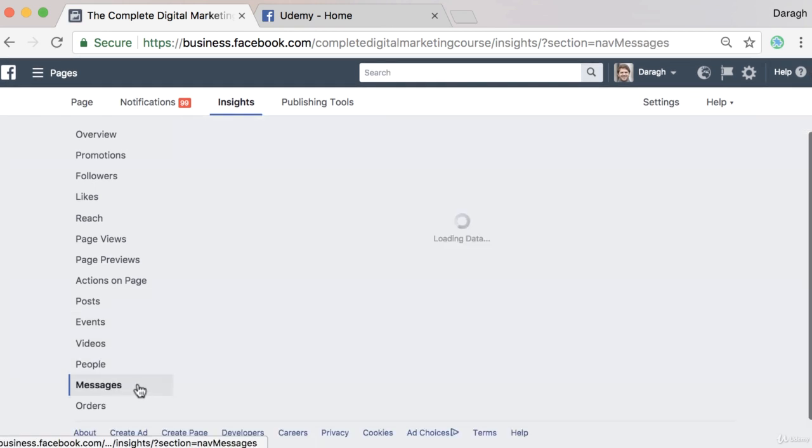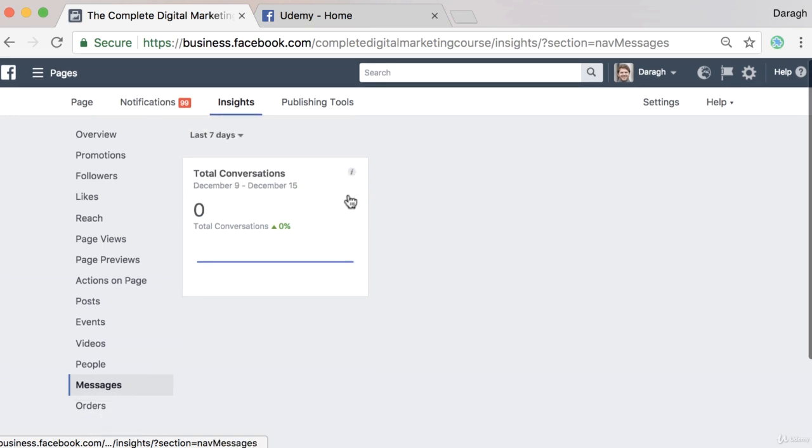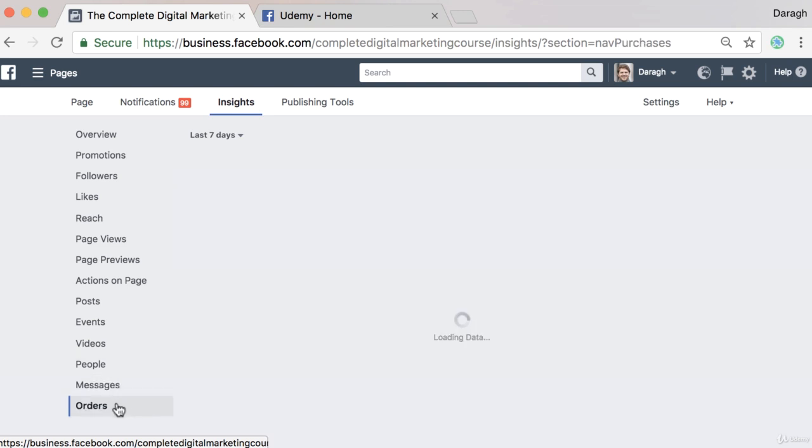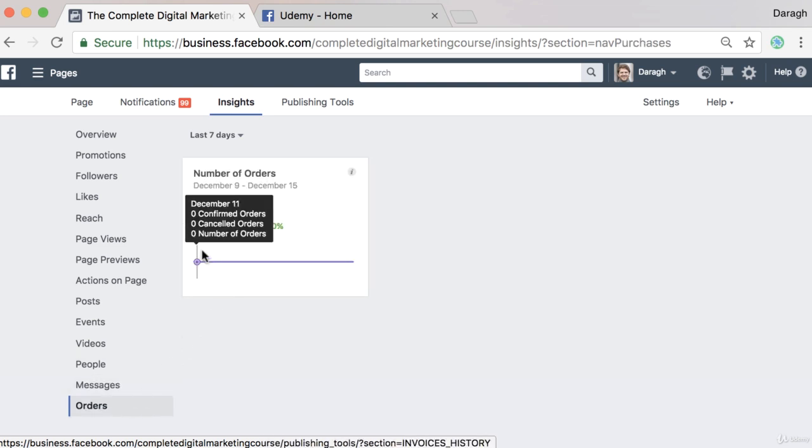Now below that we have messages. If you've enabled messages on your Facebook page, you're going to see the total conversations here. I've disabled them. And again, if you set up like a Facebook store, you're going to see the number of orders here as well. But the key reports that I think everybody's going to want to look at is especially